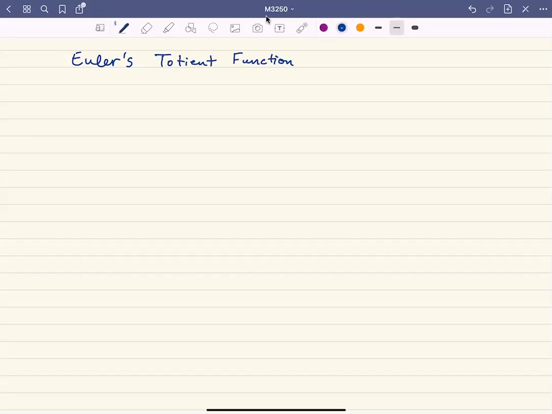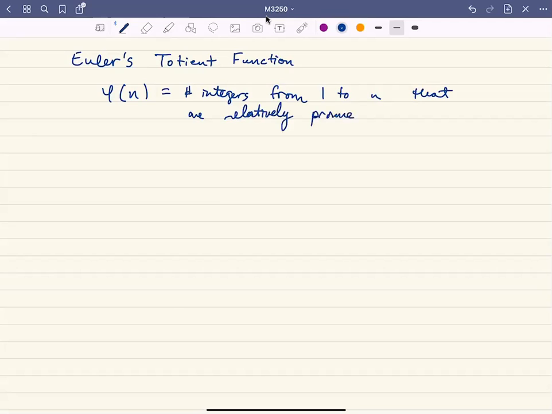It's defined as phi of n. And what it is is the cardinality of the set. In other words, it's the number of integers from 1 to n that are relatively prime with n. So for example, if we were to look at phi of 15, what we would do is